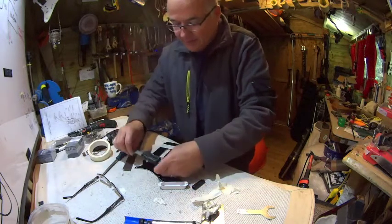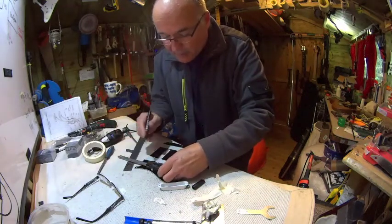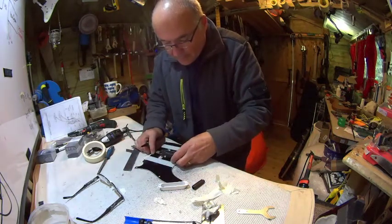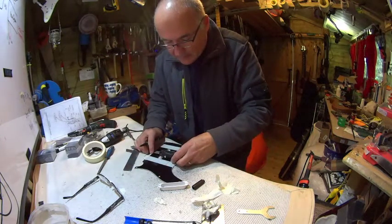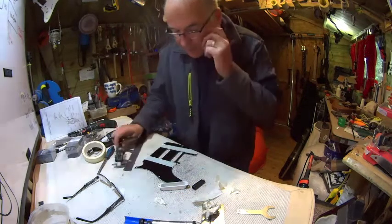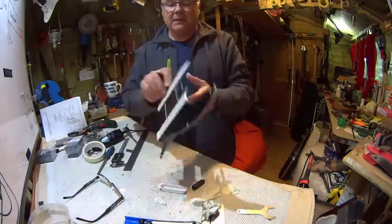Okay, there's enough. So I'm just going to go along from, let's make my start point here, and there's my middle point. And likewise, there's my middle point again. So I know now where I'm going to come in from the front,